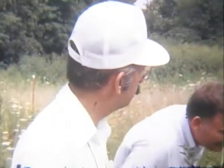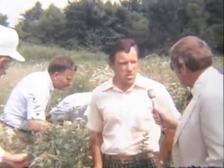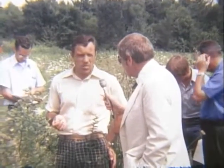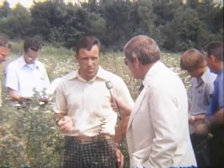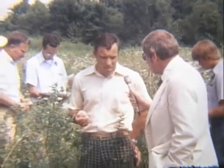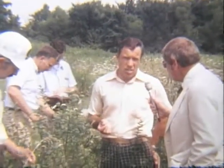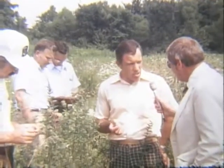Aren't you really in competition with commercial nurseries? No, not at all. This is one of the misconceptions that many of our commercial counterparts have. When these are made available through soil conservation districts for a primary use group, either for wildlife habitat improvement or perhaps windbreaks, or some of our strip mine reclamation work involve the use of plant materials, these plants are provided for a testing or a trial